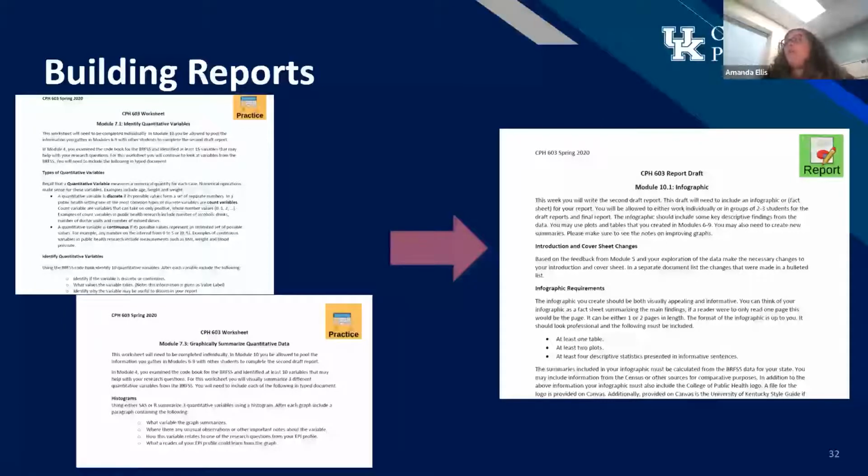There were a couple things that I really liked about this process. One, it would help students, let's say they messed up one of their graphs. They would catch it because they would see the graph that another student had created if they happened to summarize the same variable. They would also see different stylistic choices. Maybe one student used a different title than they did, or labeled their axes slightly differently. So they could really talk to one another and figure out, okay, what do we think is the best way to label these graphs to summarize this data?